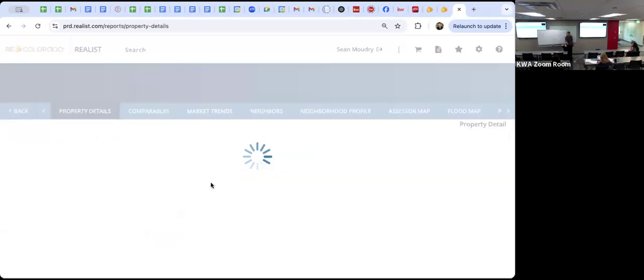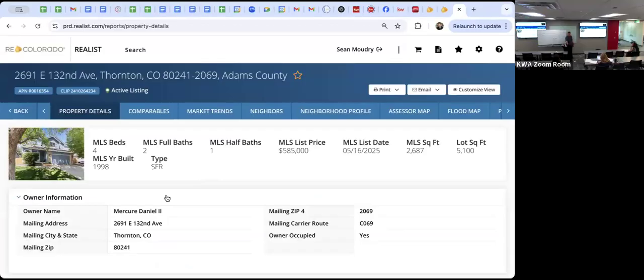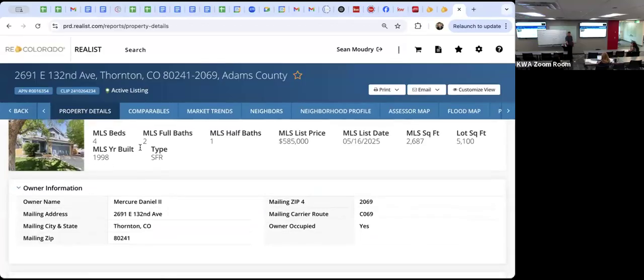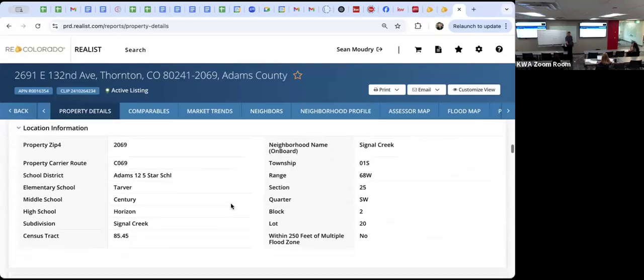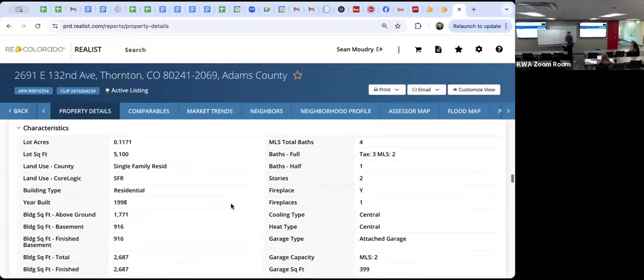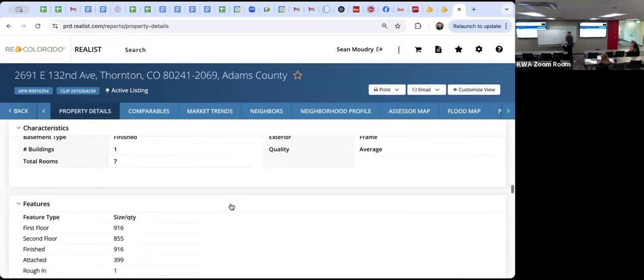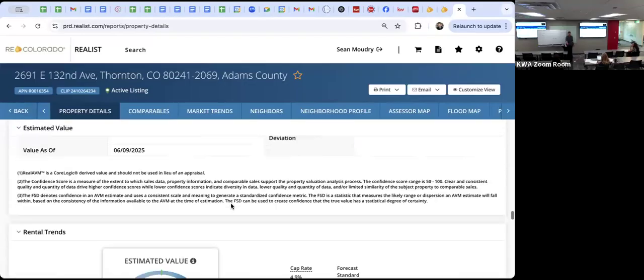Look at this one. Okay, so here's a cute little single family, 4-bed, 2-bath, $585,000. And then we're gonna scroll down here. There's a way to put single family and condo, is that an option? I think so, yeah. Yeah, there was a property type section.